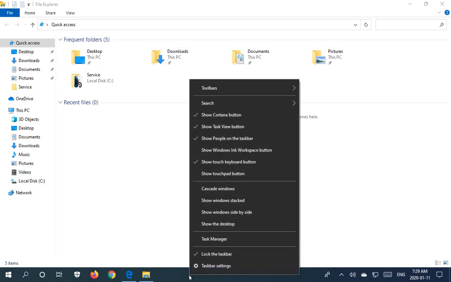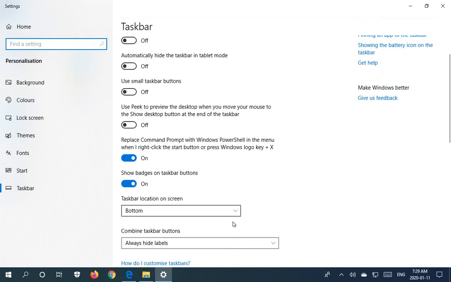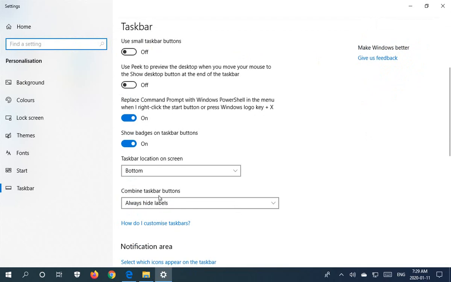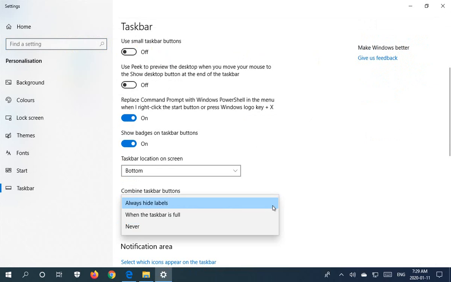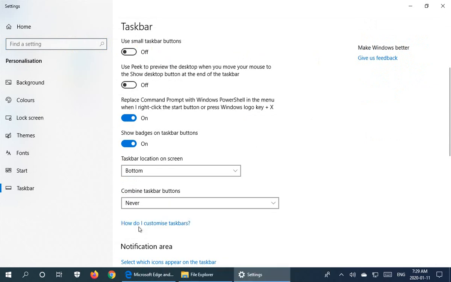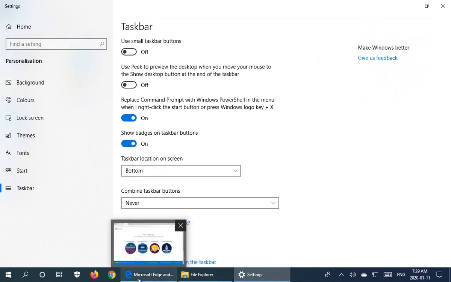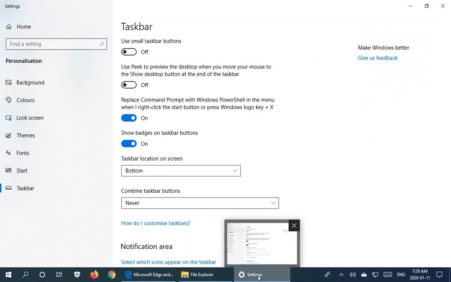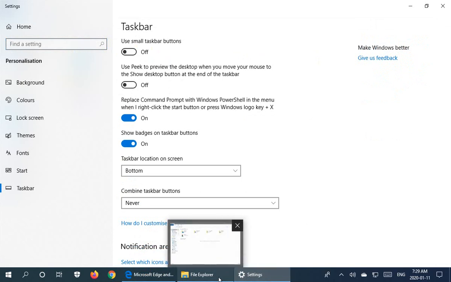So we're going to right click and go to Taskbar Settings and scroll down here where it says Combine Taskbar Buttons, and we want to change that to Never. Okay, and then you'll see we can actually see it's the File Explorer that's running, Microsoft Edge is running here, and even here where we open settings, instead of just the gear icon, it actually says settings. So it makes it a lot easier for you to be able to see what's running and choose between them,